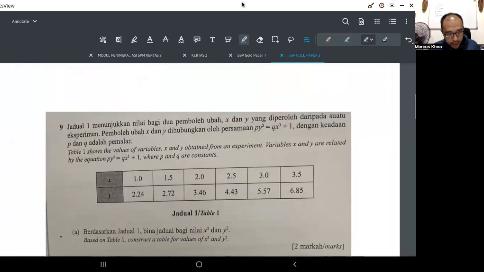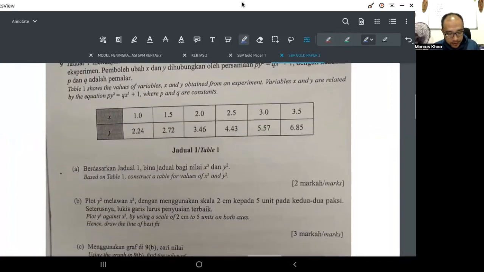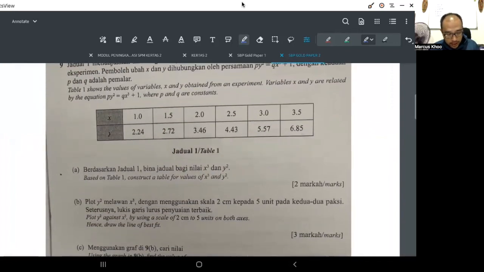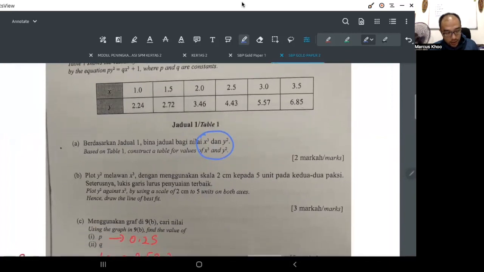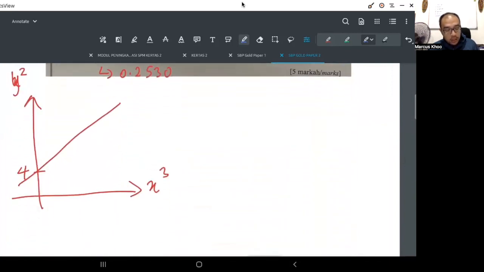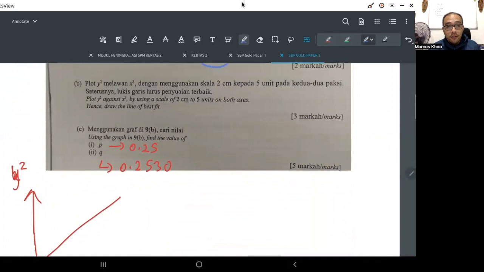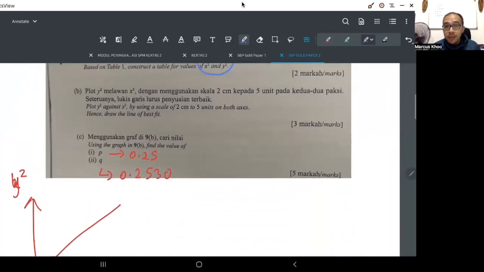Question number 9 is a linear law question. You are asked to plot x cubed and y squared. When you plot everything, you should get a linearly increasing graph with an intercept of about 4. Then of course, you want to use it to determine the value of P and